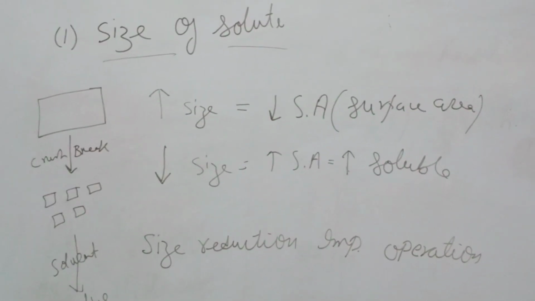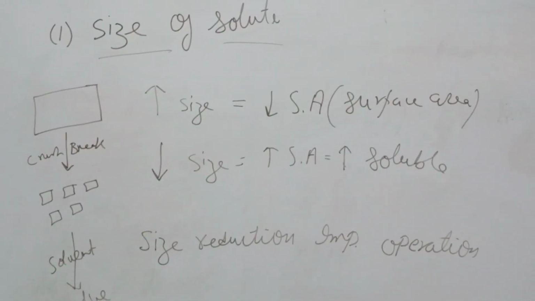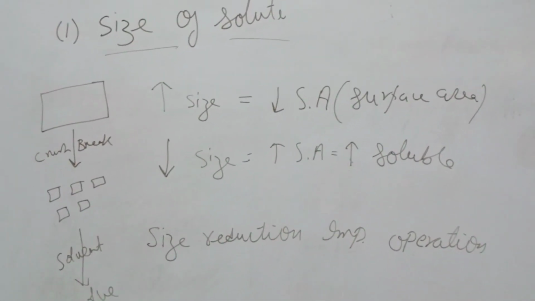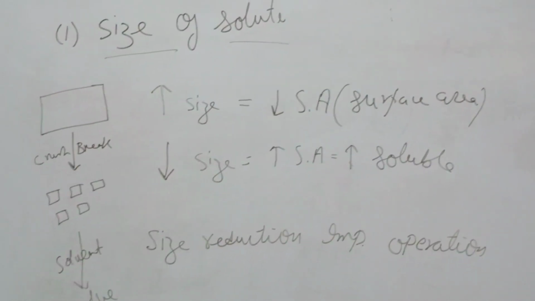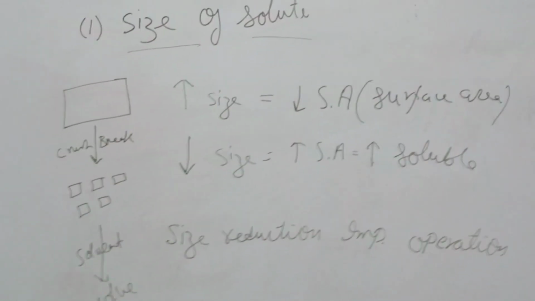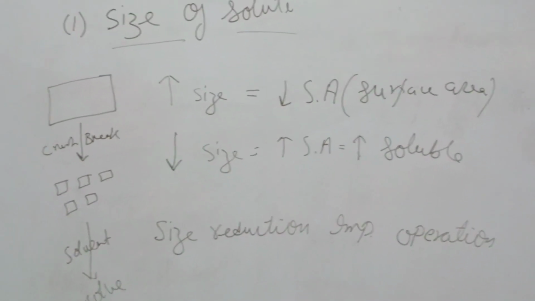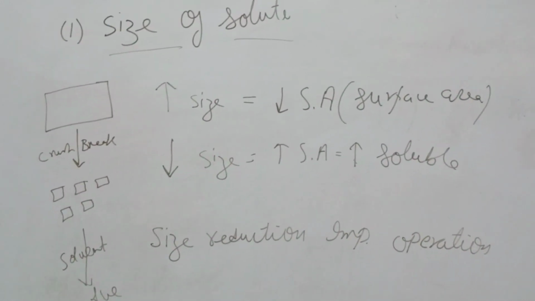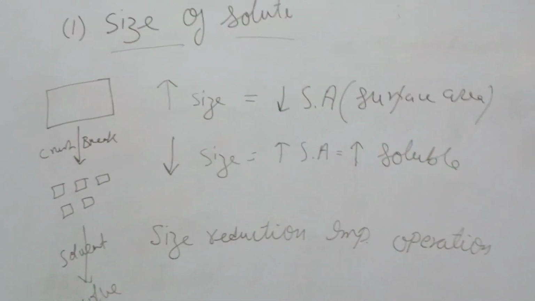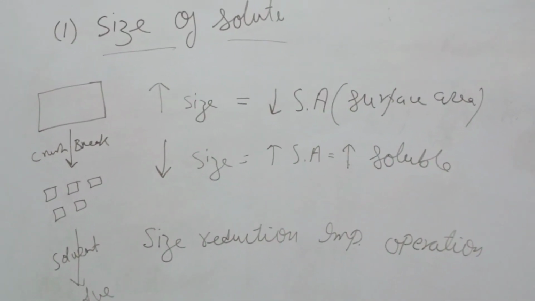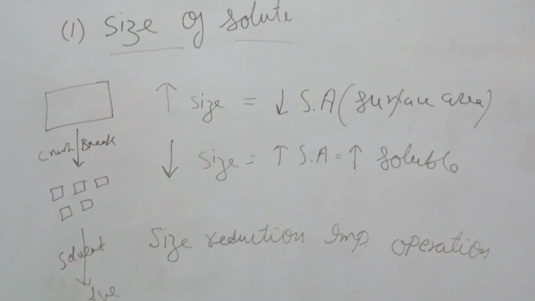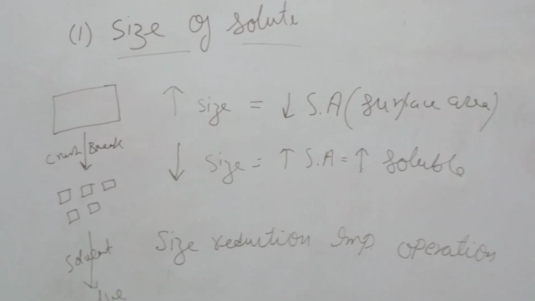And now again I will let you know why the solubility gets increased. This is because the more the surface area of the solute, there is a chance that more solvent comes in contact with the solute and hence gets it dissolved. So greater the surface area, the more solvent comes in contact with the solute, and hence it can dissolve it very well and easily.